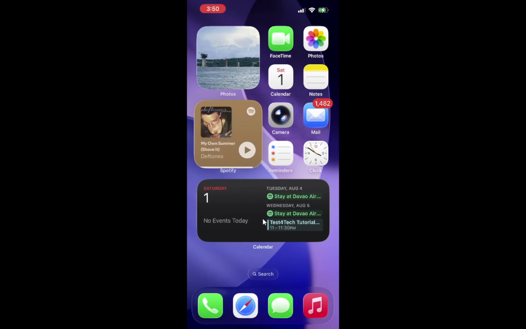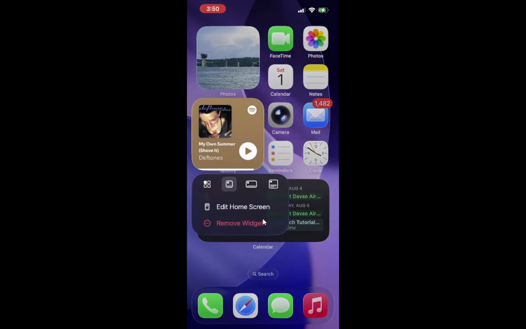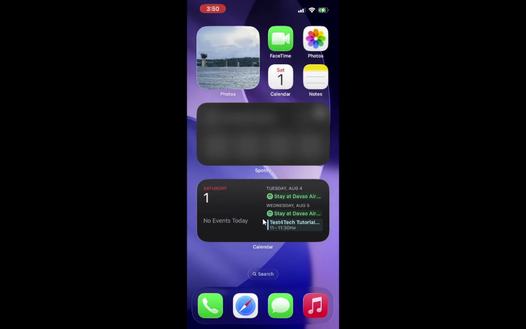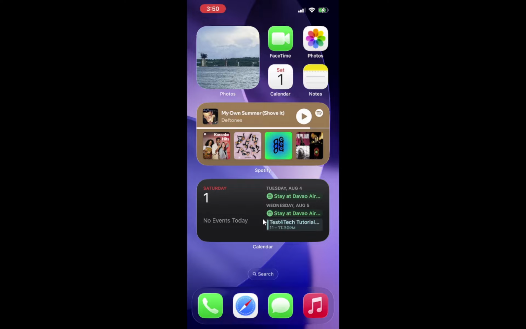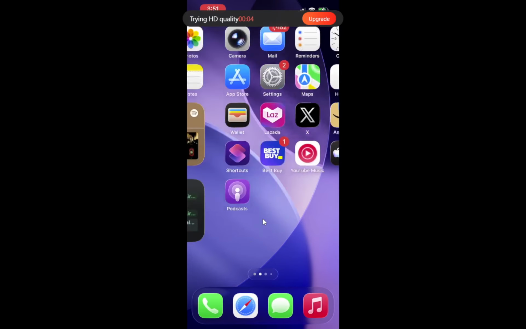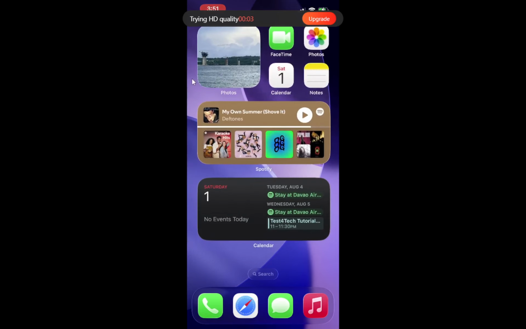Once you are happy with how the widget looks, tap Done when finished. The Done button usually appears in the top right corner of the screen. When you tap it, the icons stop jiggling and the minus buttons disappear, which confirms you have left edit mode and locked in your new widget size. You have just resized an existing widget on your iPhone home screen so it matches the space and information you need.